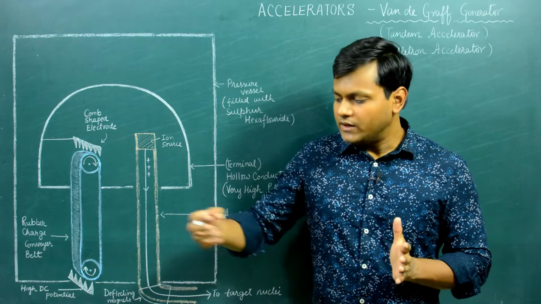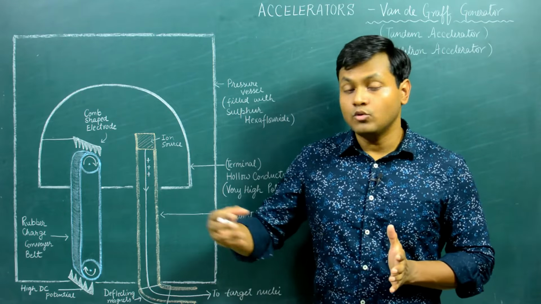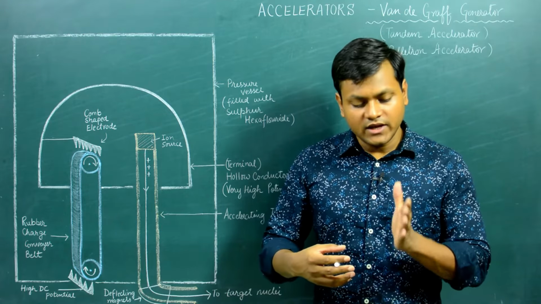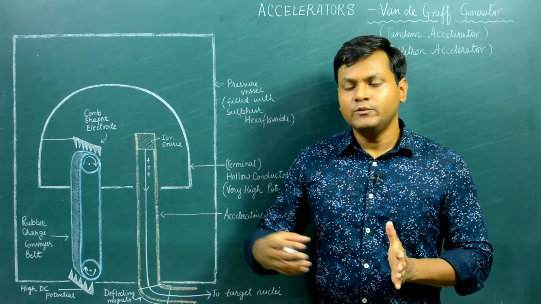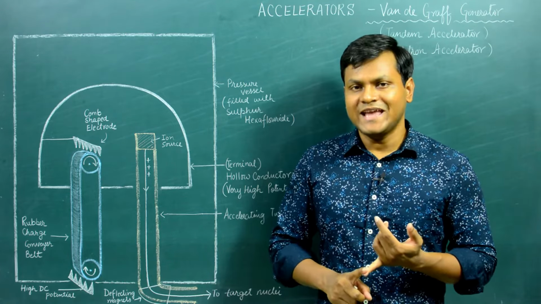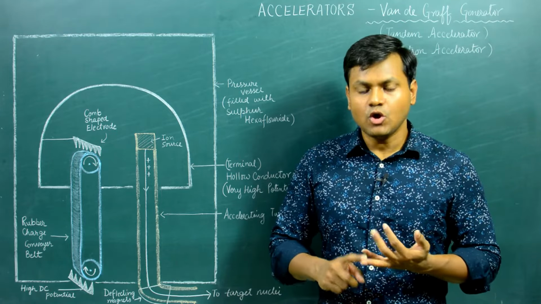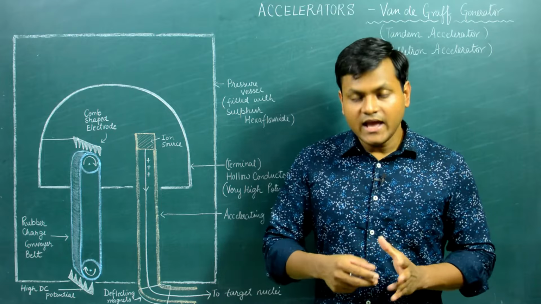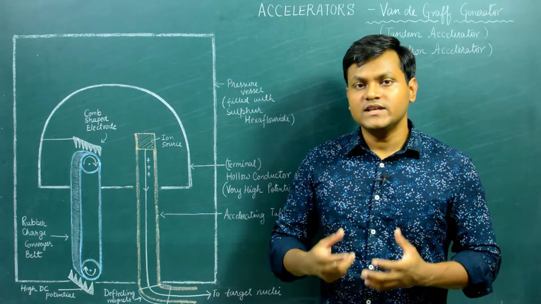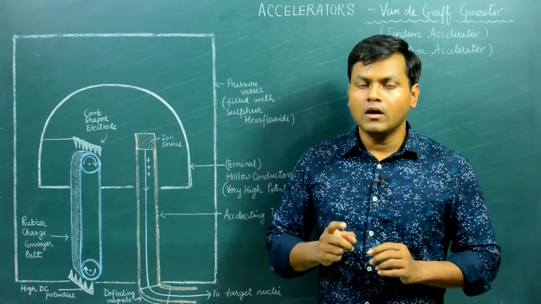You have incoming particles which are hitting on some kind of a target material. So you have incoming particles like protons or alpha particles or electrons or some other ions which are hitting on a target nucleus, and we can use this setup to perform nuclear experiments like high energy scattering experiments to look at the properties of the nucleus. We can induce nuclear reactions, or we can even break apart a nucleus and study the fundamental particles that make up matter itself. We can do all of this if these incoming particles have sufficient energy to overcome the Coulombic